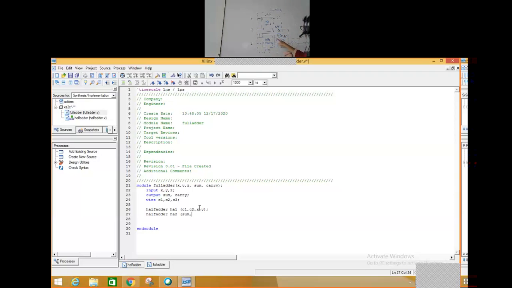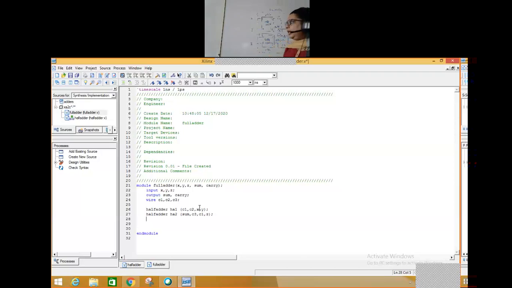What's the other output of this half adder? This is C3, which is again given to one more module. So I'll write C3, comma. What are the inputs I have taken here? One of my inputs is C1, the other input is Z. So I'll take it as C1, comma, Z.